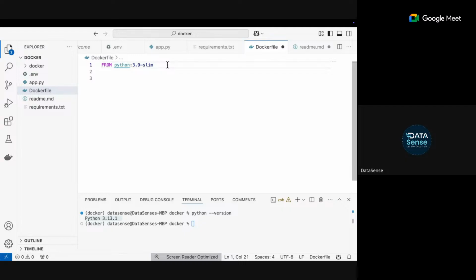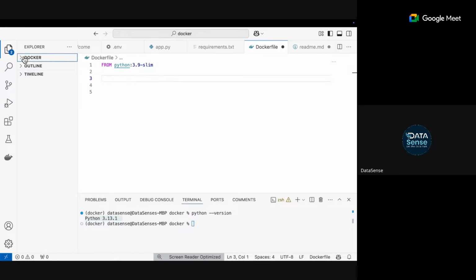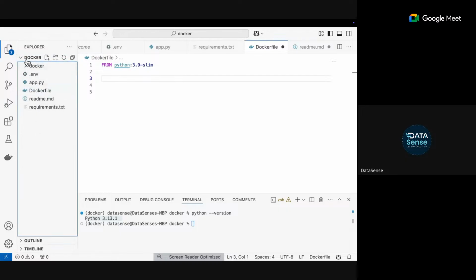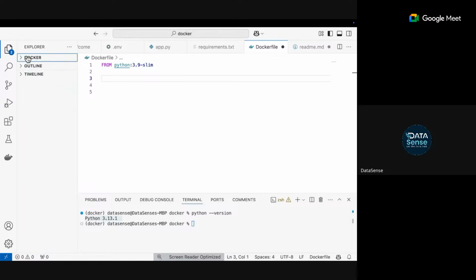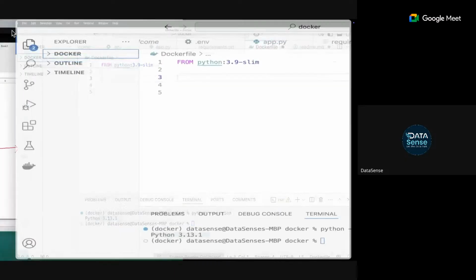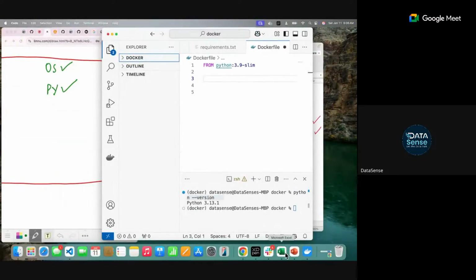Okay. Now, if you notice, I'm working in a folder Docker here, right? This can have subfolders, so there are a lot of files present in this folder. Now, think like the container is also a computer, right? You're moving your files to a container here, which we discussed.